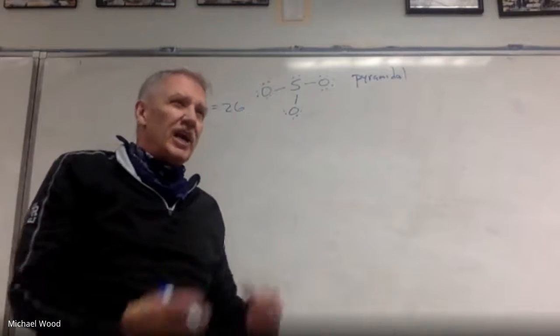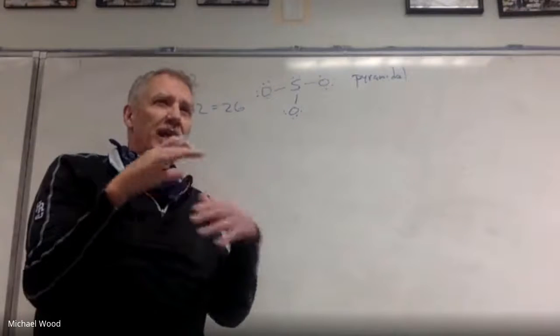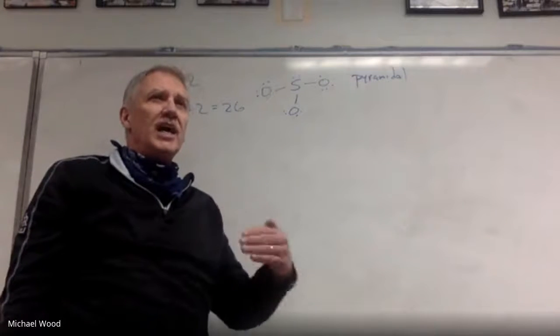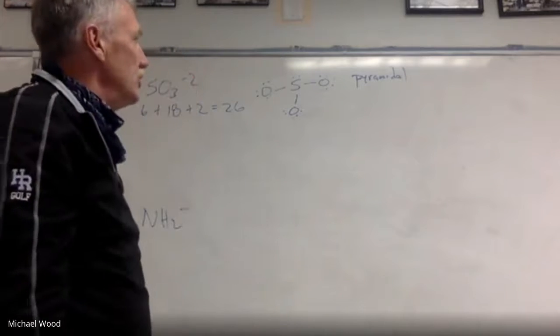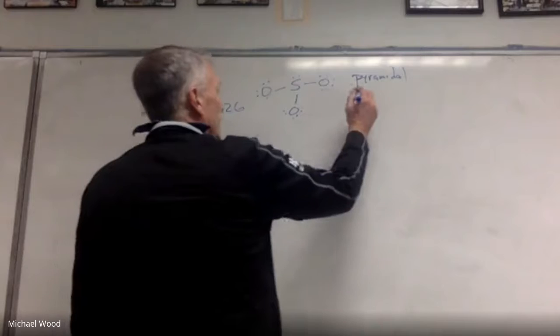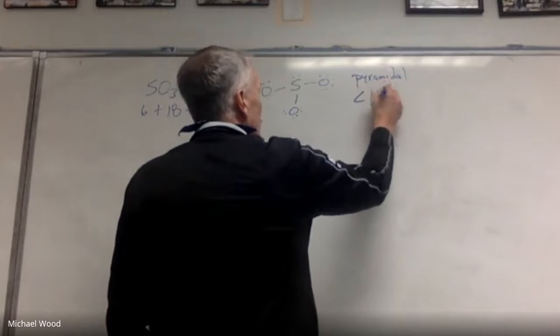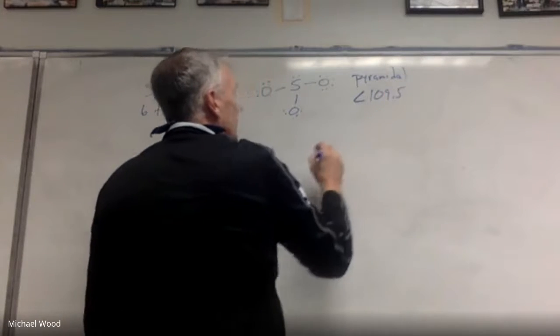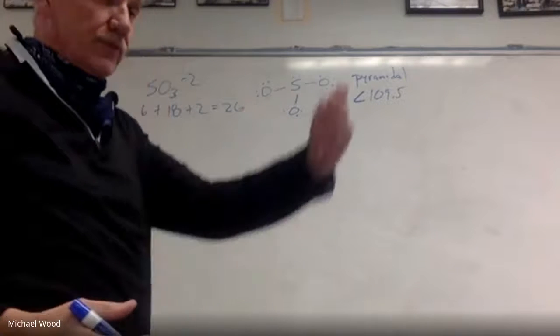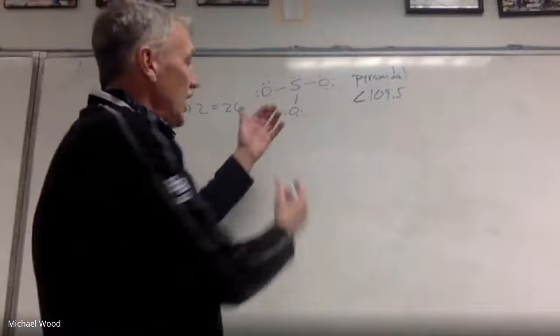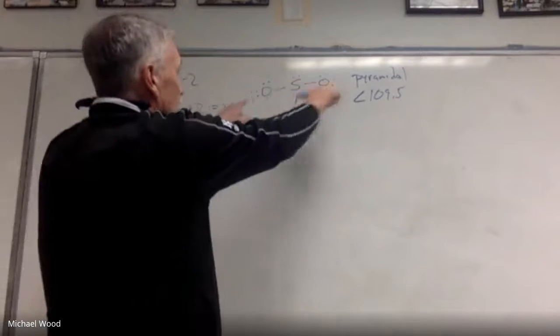And so you're going to have to fill this out, and I'm going to try and show you as best I can in 2 dimensions how you would show this. So this is pyramidal. The bond angle is going to be a little less than 109.5. And so the way you would diagram that, if you could actually hold the pyramidal shape, this oxygen would come towards you and these two would go away.